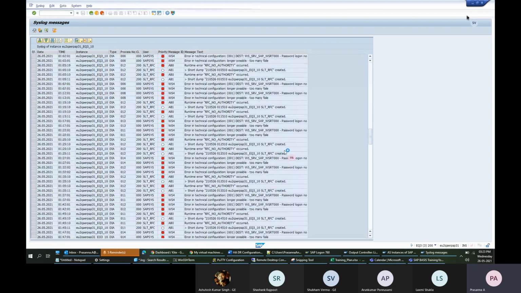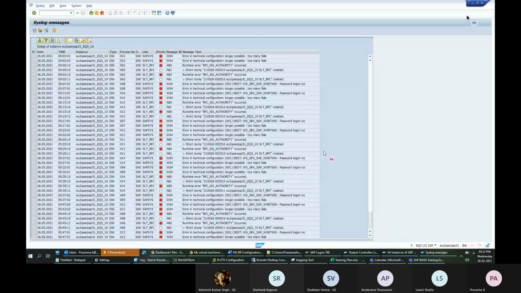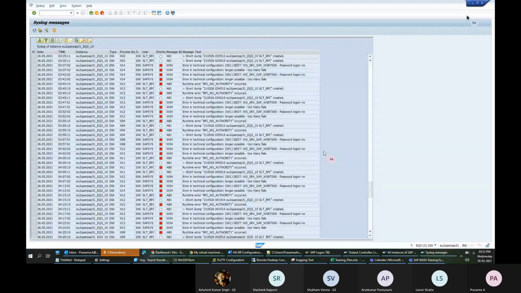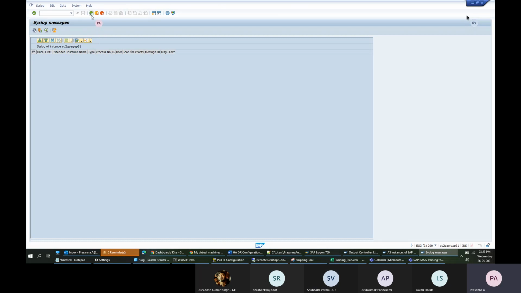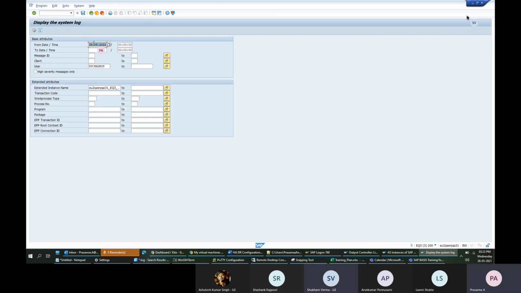If I want to check something with this user, I give the username here and execute it. Nothing is there for this user. Maybe I can change the date.